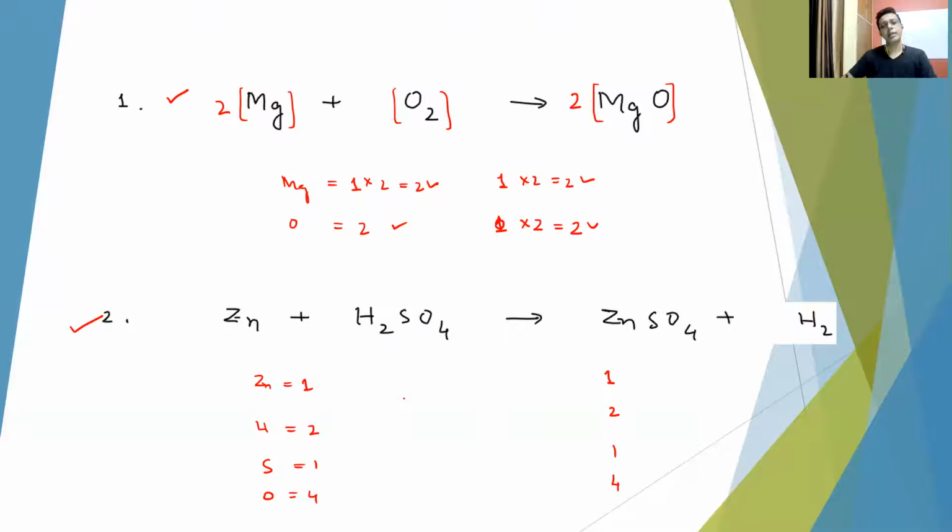Now, for ions like sulfate, instead of seeing them as sulfur and oxygen, you can consider them as sulfate only. And if you see the number of SO4 on both the sides are equal, like in this case, you have 1 SO4 towards the left and 1 SO4 towards the right. You don't have to see sulfur and oxygen separately if that is present only in one species. But if sulfur is present in other species also, then you have to see sulfur and oxygen separately.